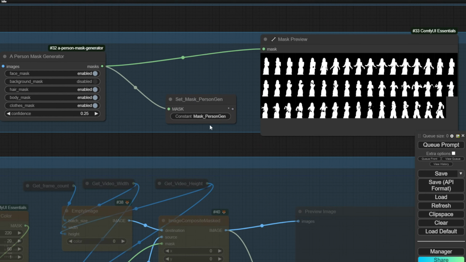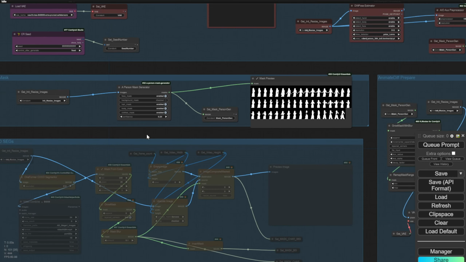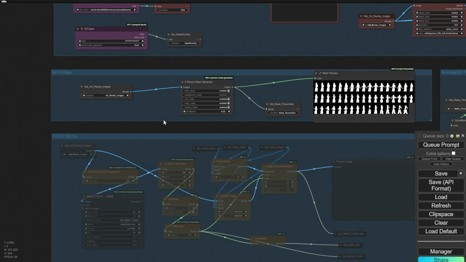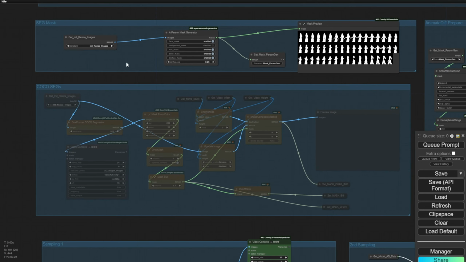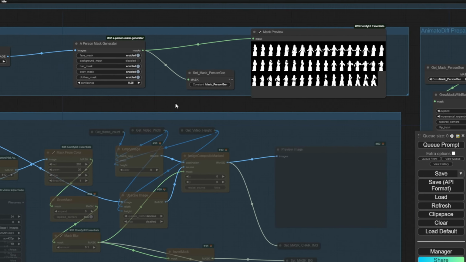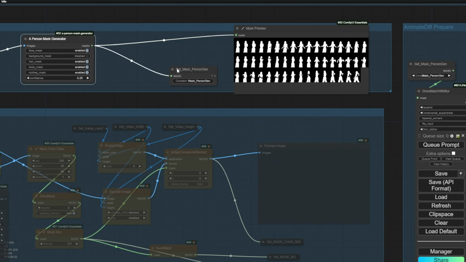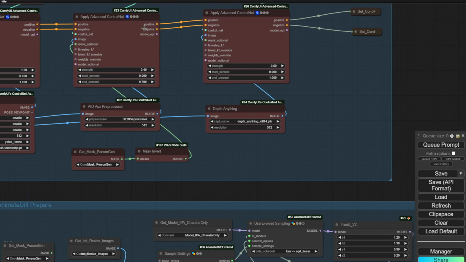If you want to change the backgrounds or something, of course you can do it in here. You can do like an invert mask in here, or you can just use the control net part in here, do an invert mask to do a background mask for your IP adapter. Just like previously what we did in the old workflow, we do the mask data passed to IP adapter for influencing our backgrounds. But then there's always inconsistency in the backgrounds if we use that way or we use the control net input in here. It's up to you. So yeah, try it with different control nets in here. I would say that would be helpful.